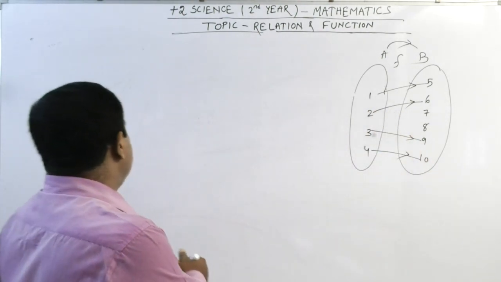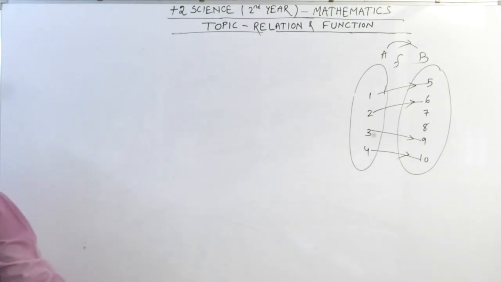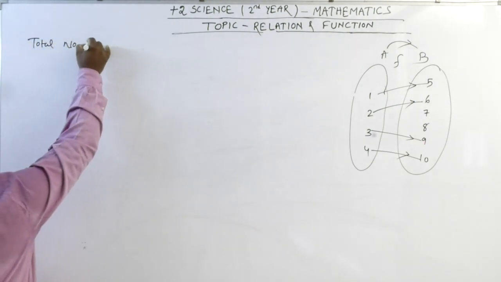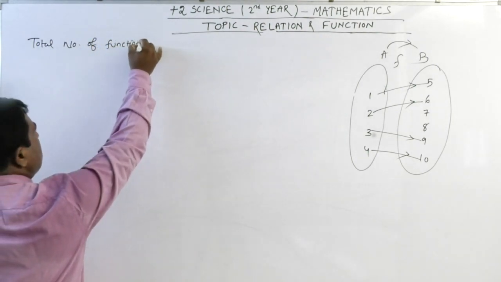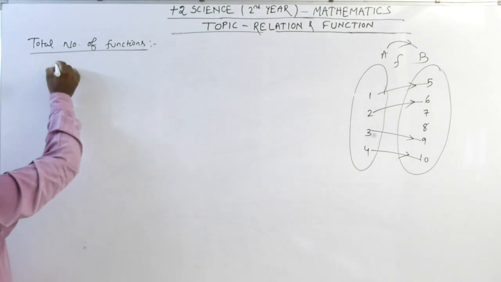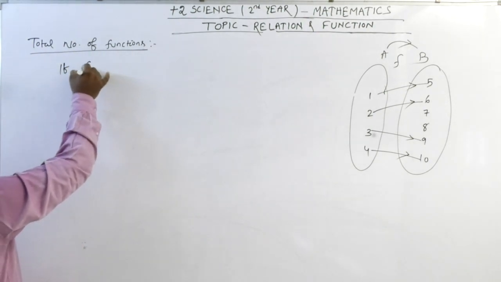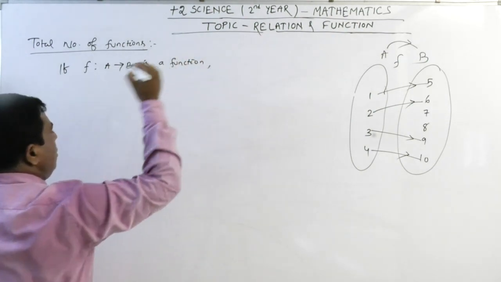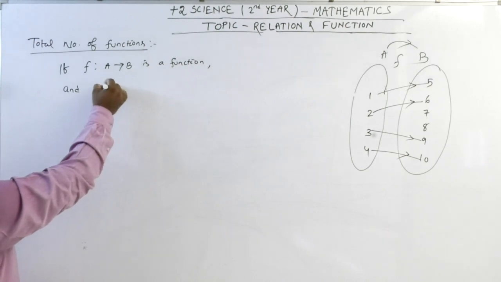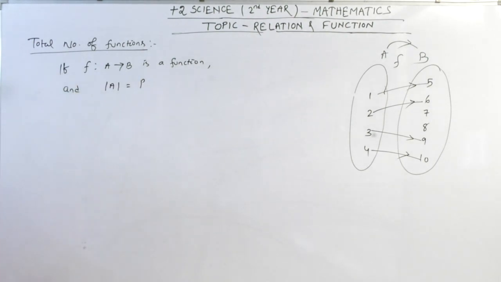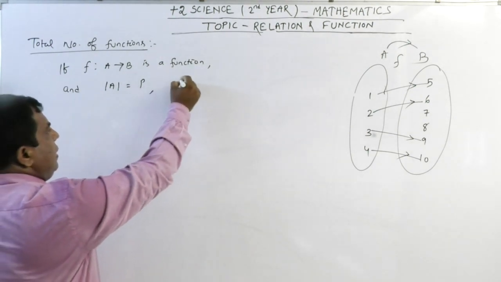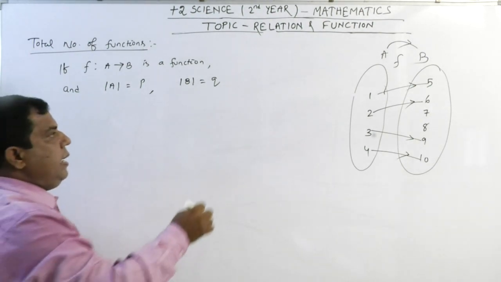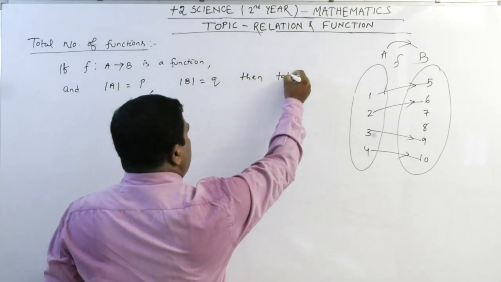So as per the principle of counting, the rule says: total number of functions. If f from A to B is a function, and cardinality of A equals P, cardinality of B equals Q, then the total number of functions